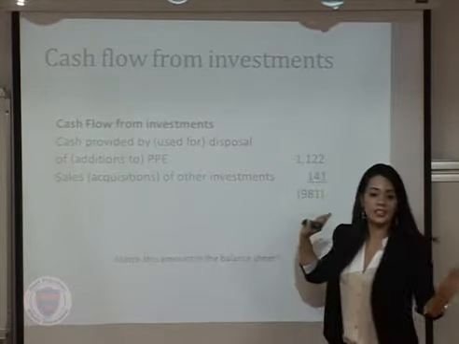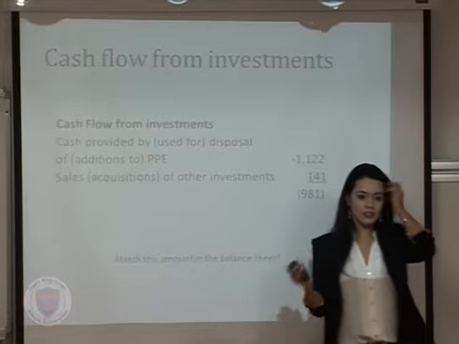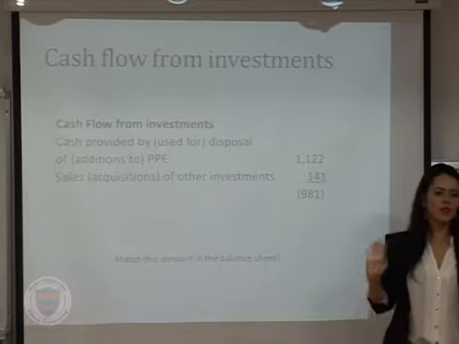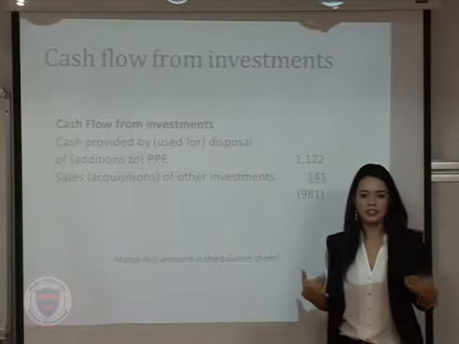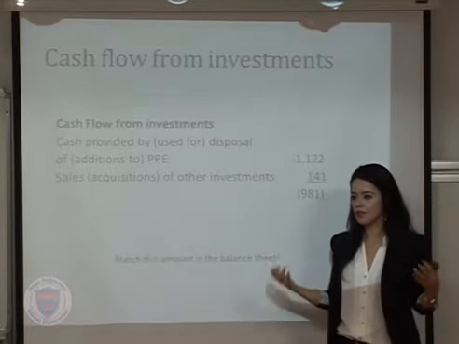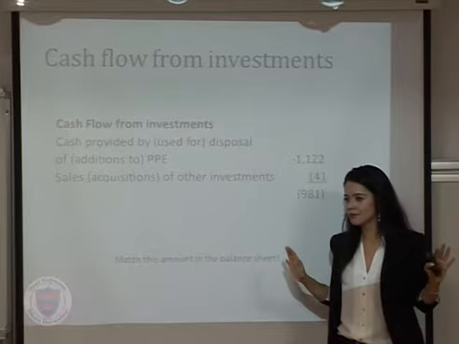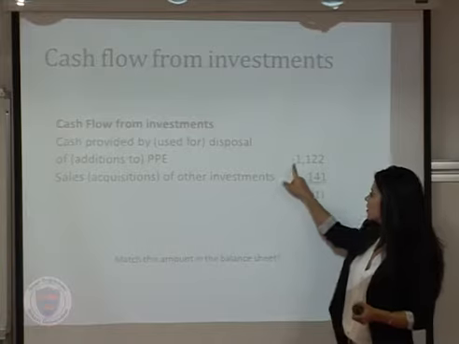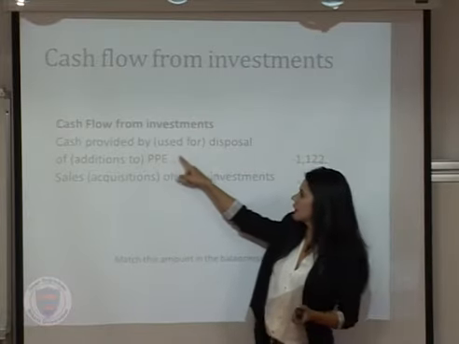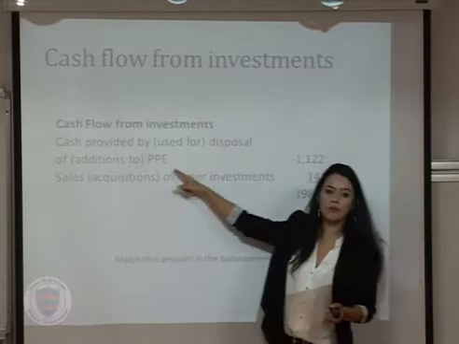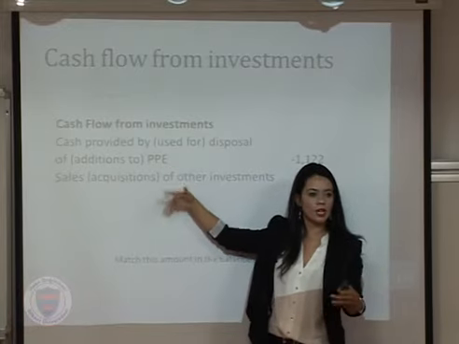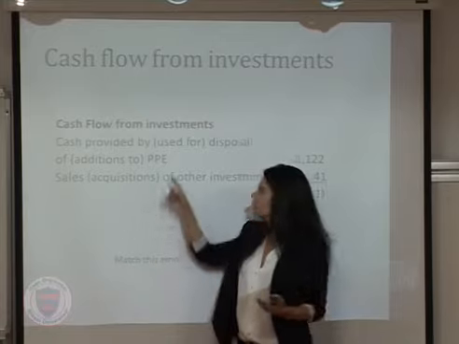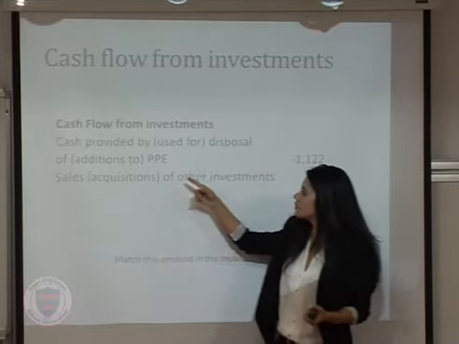Okay, this part is very easy. Seriously, very easy. The last part is also very easy. So cash flow from investment, very easy. If you buy something, it's cash outflow. If you sell something, it is cash inflow. So basically it says, cash provided by disposal of PPE. What is PPE? Plant property equipment. What is disposal? You got rid of them. If you sell,